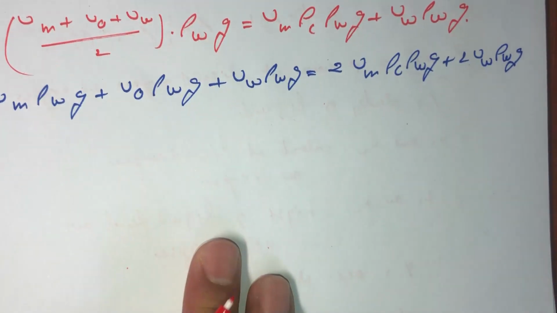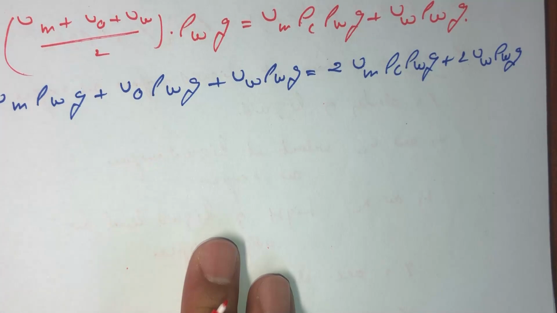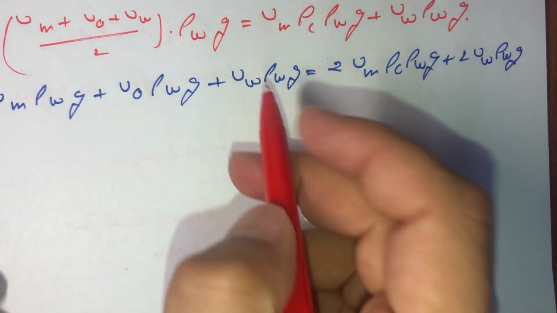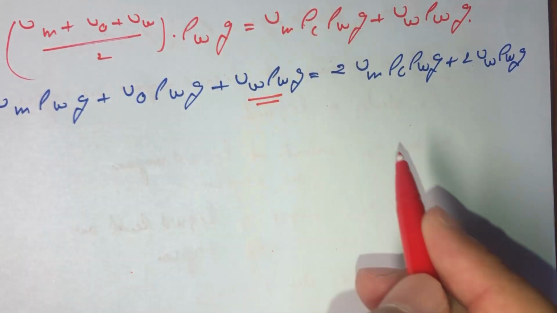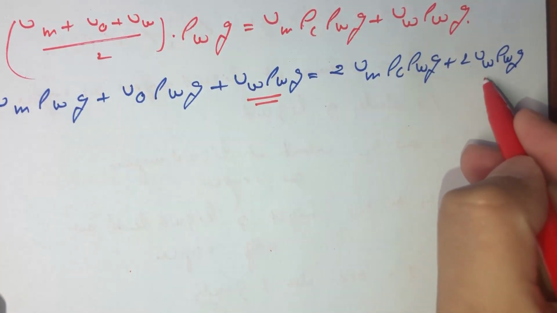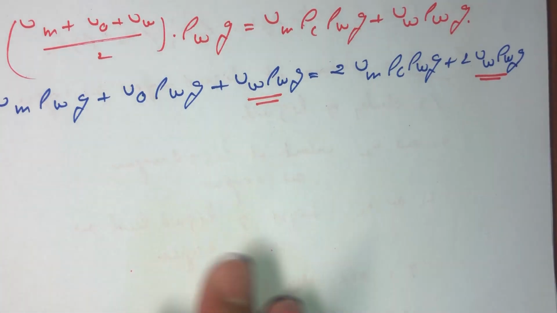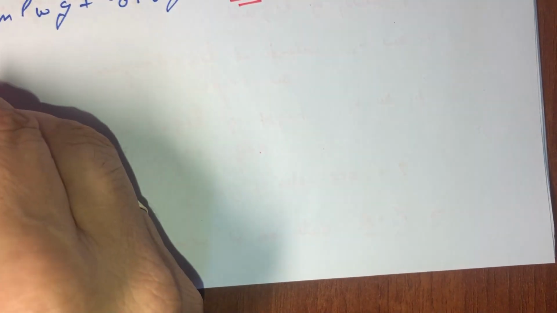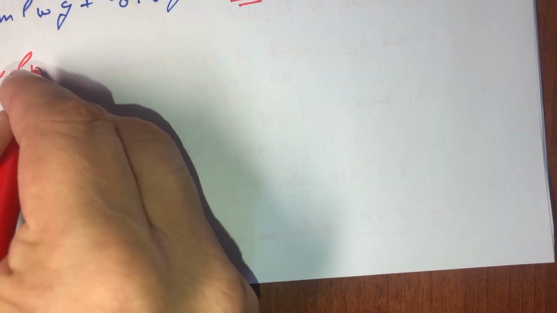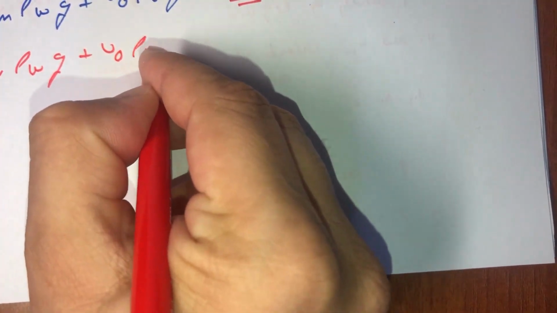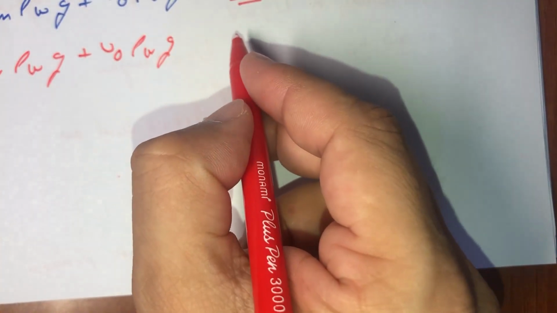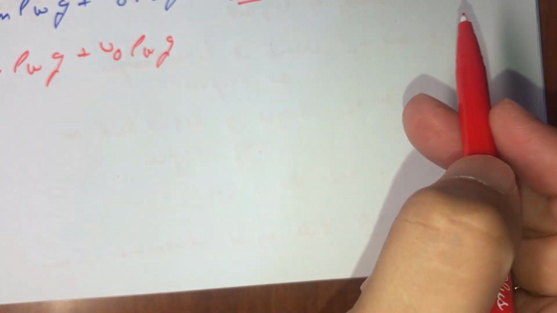So now it is a simple calculation. You can write this as we have rho W on this side and twice this side, so we make some adjustment. We can say this will be equal to Vm rho Wg plus Va rho Wg, and this will be equal to,